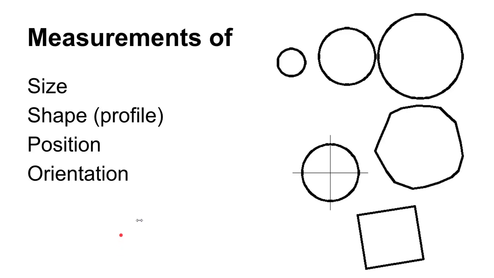Alright, so like we said, you can get all kinds of different types of measurements, measurements of size or shape, or of position or orientation. So this would be things like angularity. You can get things like shape profile. You can get a position tolerance, and features of size. So really anything that you could do GD&T on, you can evaluate with a CMM.